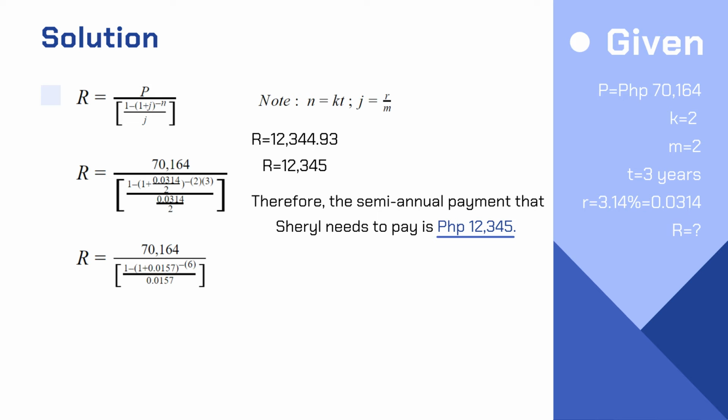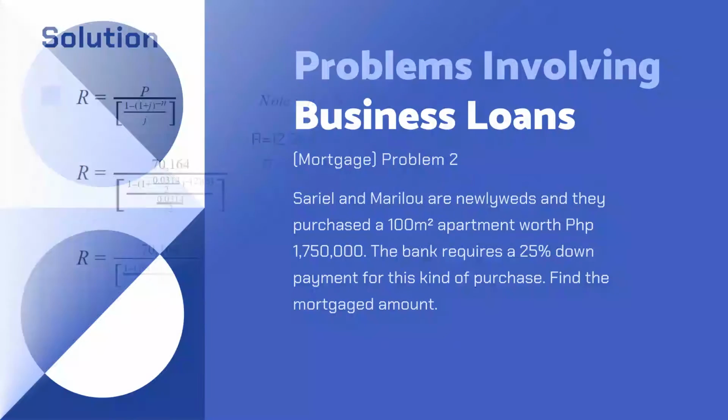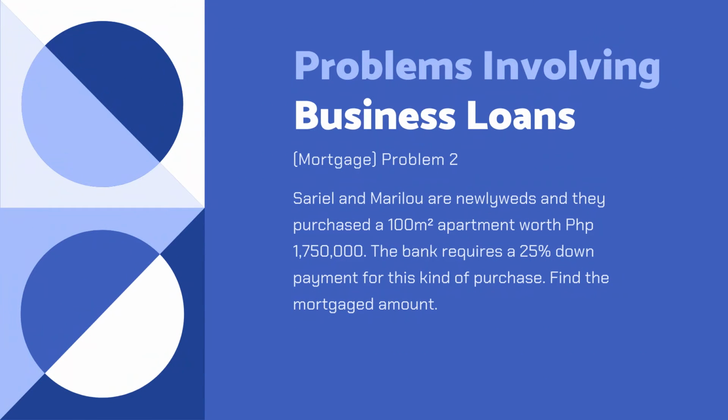In finding the amount of regular payment, we will use the formula R is equal to P over the quantity of 1 minus the quantity of 1 plus J raised to negative N all over J. Substitute the given values and the semi-annual payment that Cheryl needs to pay is 12,345 pesos. Another example, Sariel and Marilu are newlyweds and they purchased a 100 square meters apartment worth